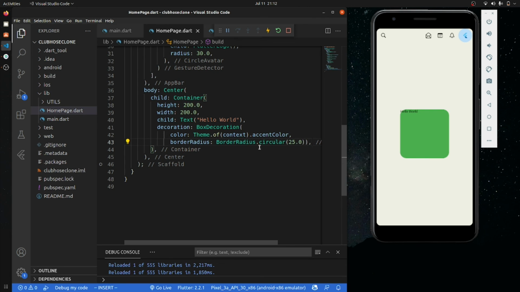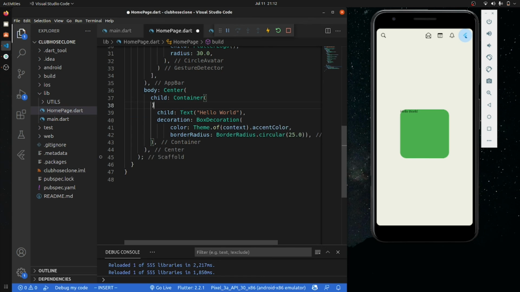So we also have to use padding, so that we can set it. Firstly let me set the width. What will be the width? If I remove all width and height, let's see what happens.